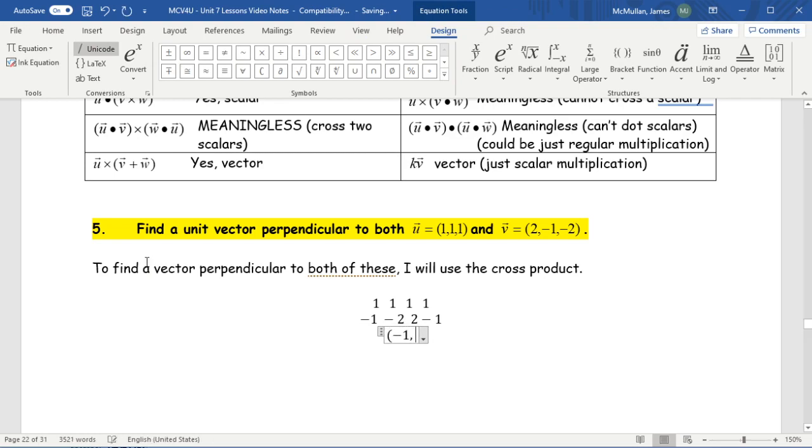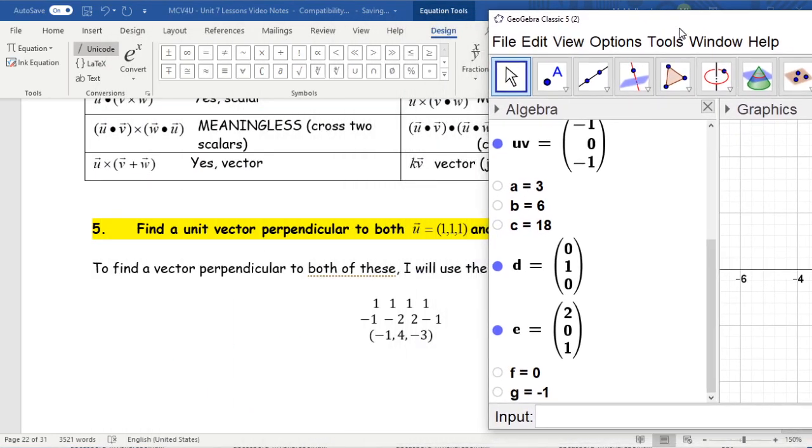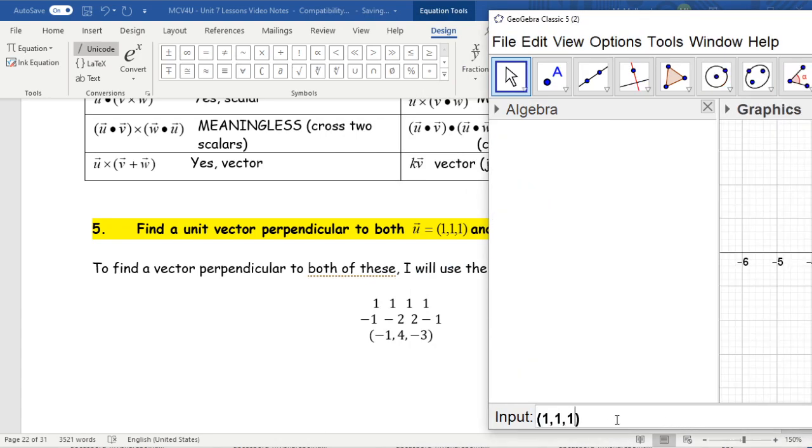-2 take away -1, +2 take away -2, and -1 take away actual 2. Okay, so I get that. Again, a quick check is probably worthwhile whenever you do a cross product, just to save yourself the pain of making an error. So if I draw 1, 1, 1 is u, and then v is